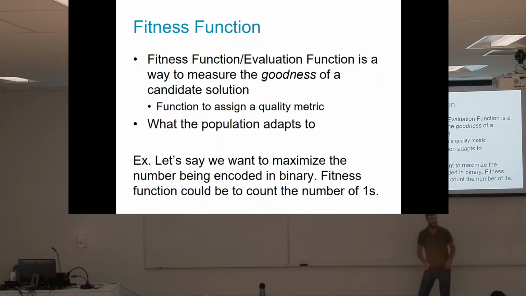Basically, what I'm saying is, I want you to evolve a string of zeros and ones, a binary number, such that we're maximizing the value of that number in terms of what value it represents. Okay? So if I give you the number